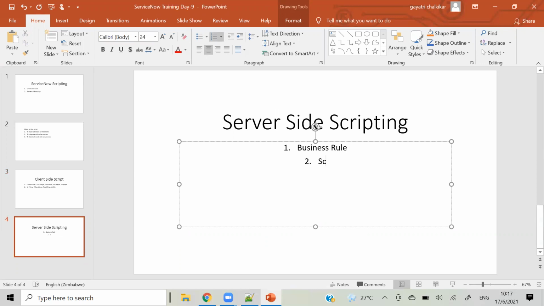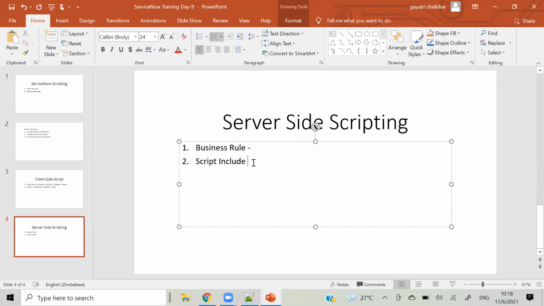Then we have script include. So as we have two types in client side, similarly we have two types in server side. That is, one is business rule and one is script include.